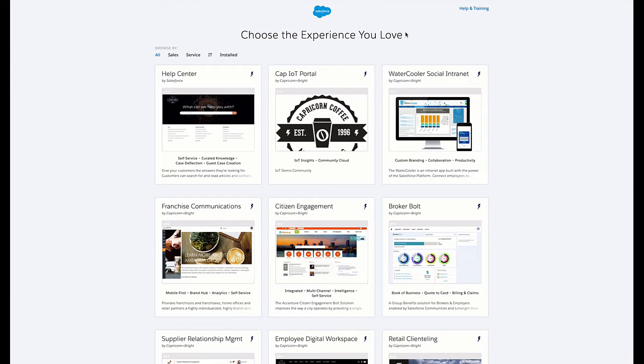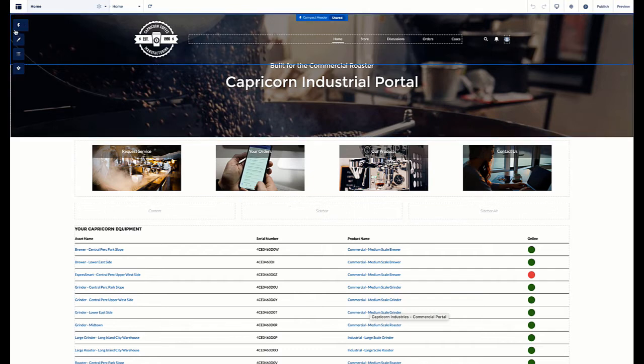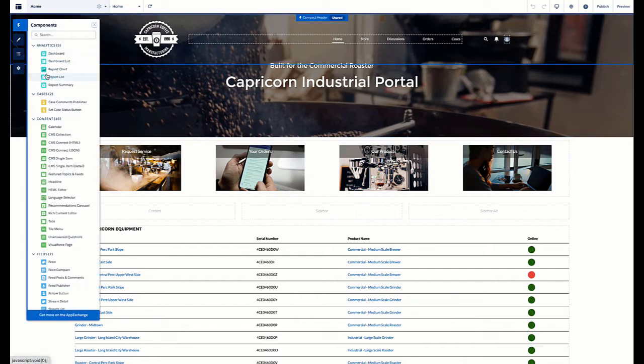So usually you would just click on one of these templates to get started, but in order to save time on this demo, we're just going to work off of Capricorn Coffee. To begin, let's look at the Experience Builder, which is shown here. The Experience Builder is the area where you can declaratively build your site using drag and drop components, edit your page's theme, and settings. As you see here, we offer over 60 components for various use cases, such as the